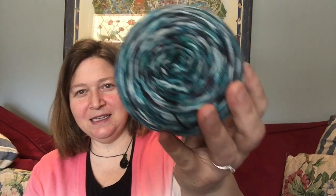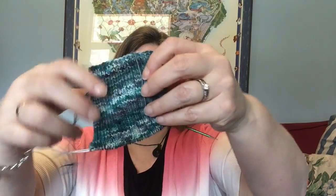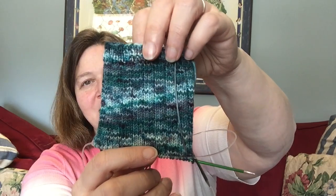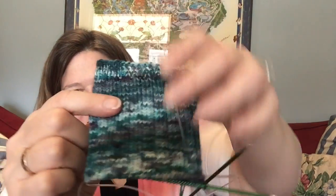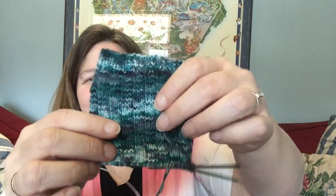So I'm going to move on to It's a Sockness. I gave you a little tiny bit of a preview when I was doing beading. So last week I showed you this yarn, and this is Life in the Long Grass, and the colorway is Starboard, and Helen had gifted me this lovely yarn. And so I was going to make Emily's favorite socks. And so I've started, it's just a 3x1 rib, little tiny bit of 1x1 ribbing,